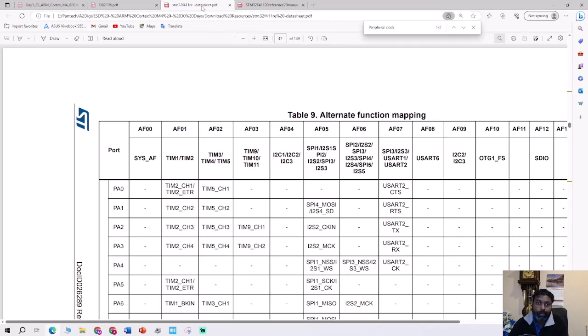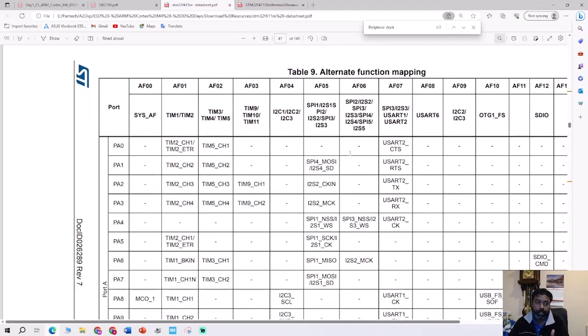I humbly ask you to download the STM32F411 datasheet and the STM32F411 reference manual, either from STM32 or I can post it in our Facebook group where you can download. You need to read them, because this is very important, because as you can see, port A, pin 0